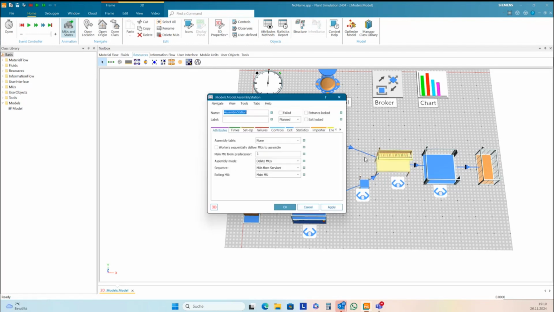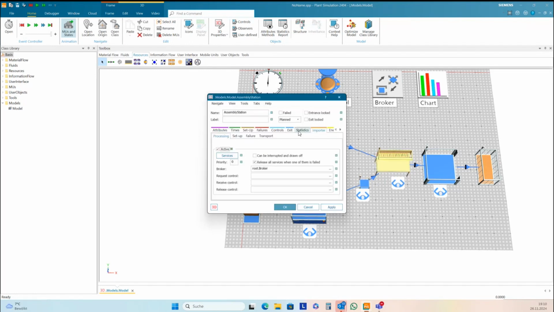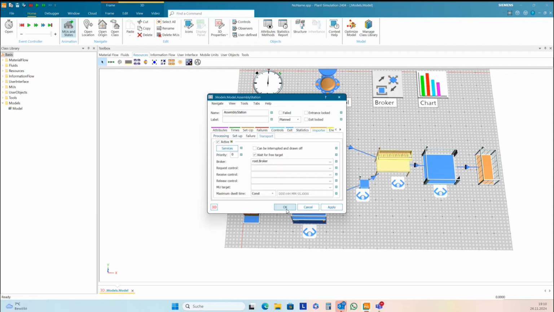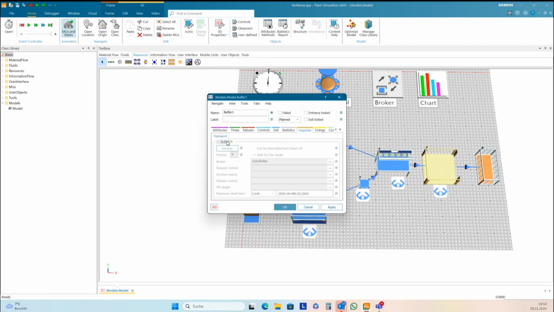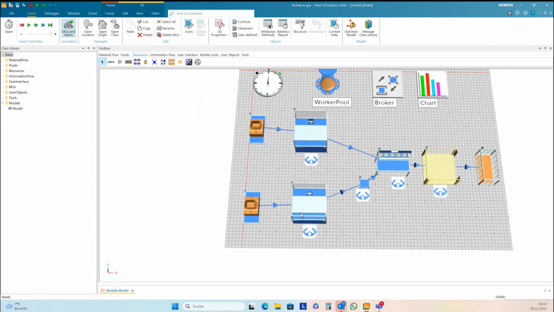In the assembly station, we need the importer for processing and the importer for transport. And here I don't need any importer for this buffer. Please set a process time of 3 minutes at each station.